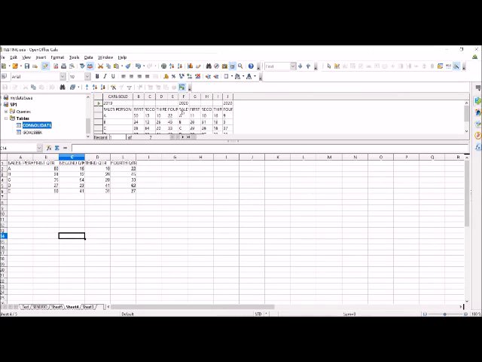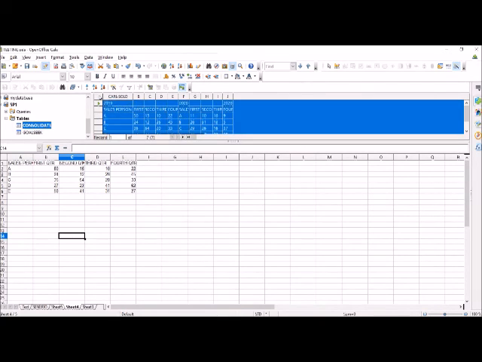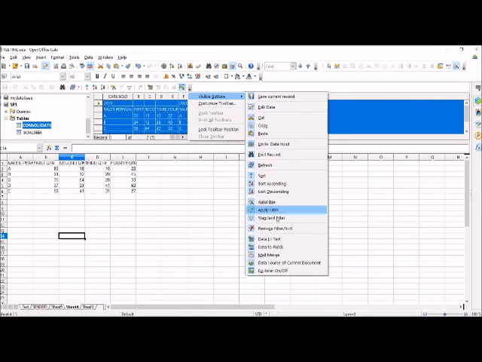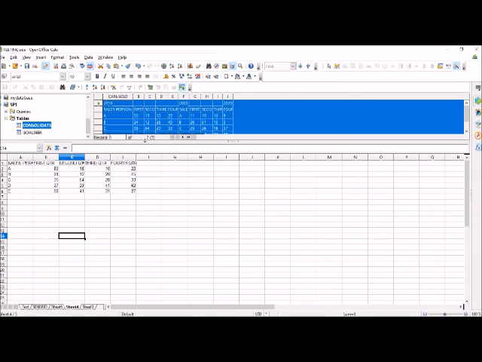When I click here, the data of that consolidate table is being displayed here above the spreadsheet. If I click here, then this entire table will be selected, and when I press this data to text button, if it is not already visible here, then I can click here and go to visible buttons and make the data to text button visible. But it is already visible, so I'm not required to do anything.